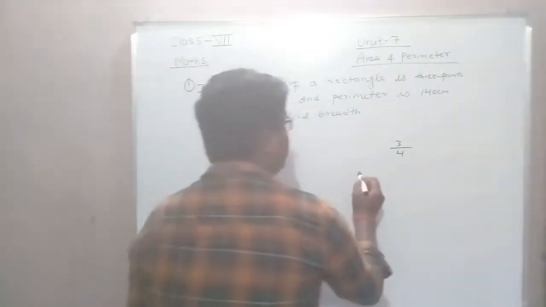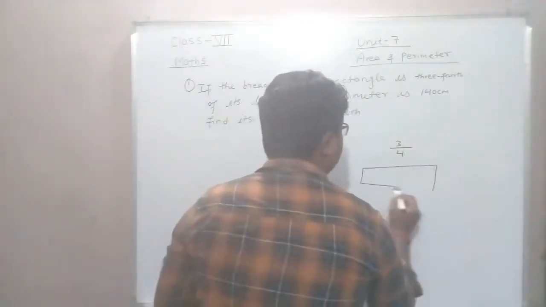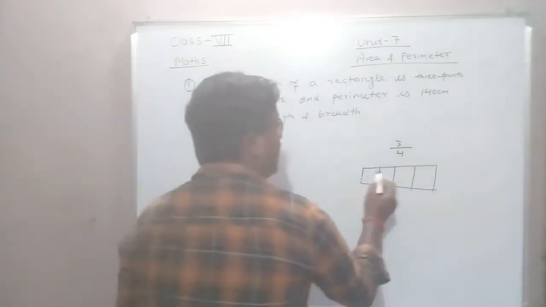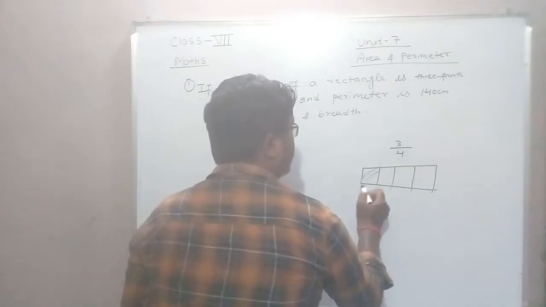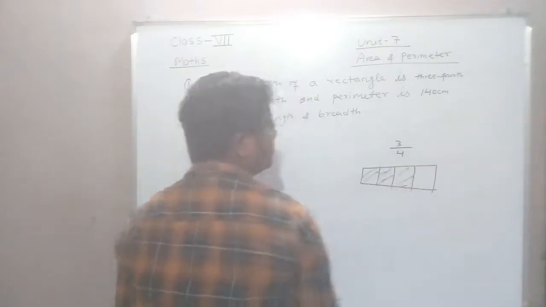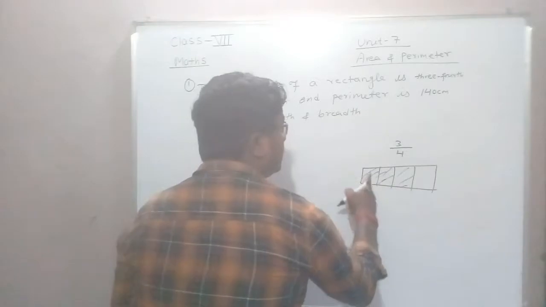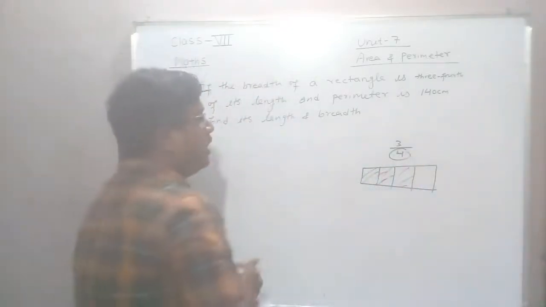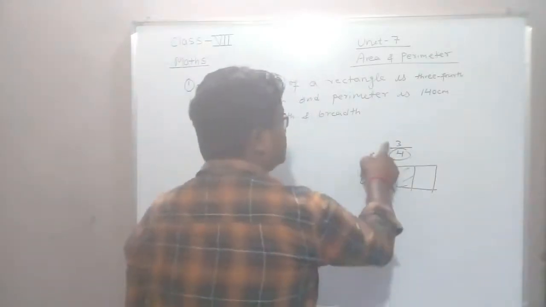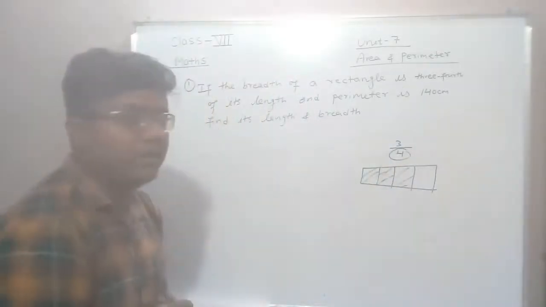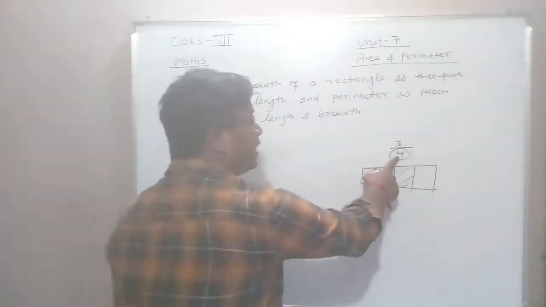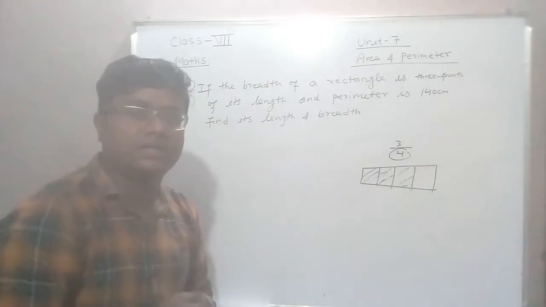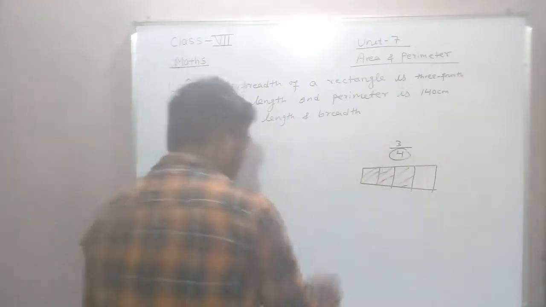It means, suppose if there are 4 equal parts, out of these 4 equal parts 3 are consumed. It means your total part is 4. It represents total part. How many are consumed? 3 are consumed. So 3 upon 4. It means 4 भाग को 3 भाग. Total is 4 parts, and out of 4 parts 3 are consumed.